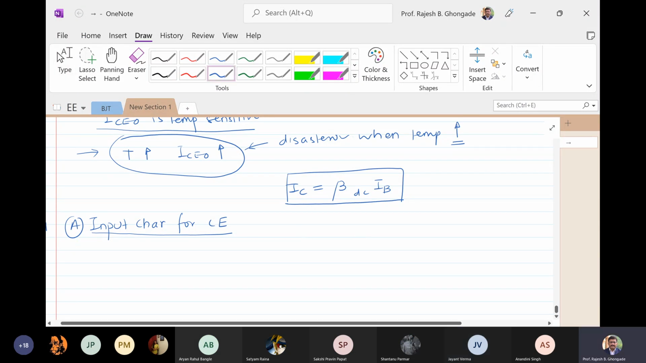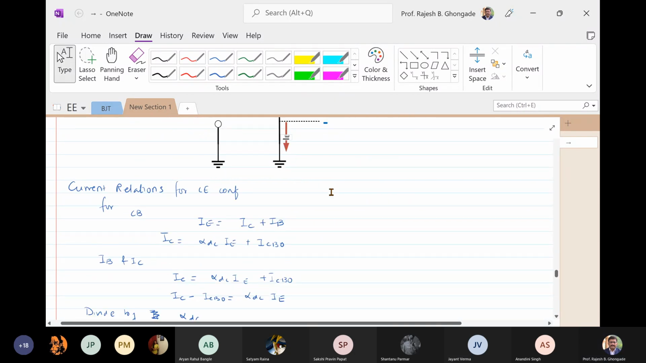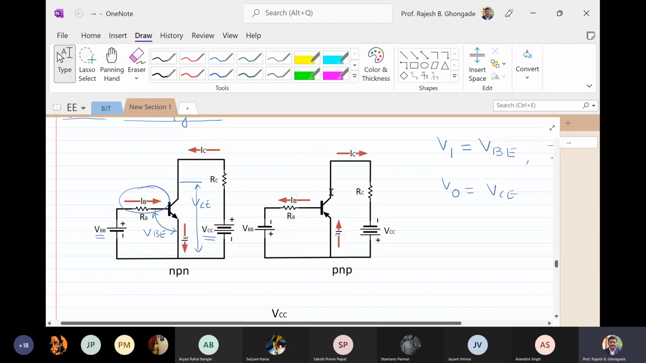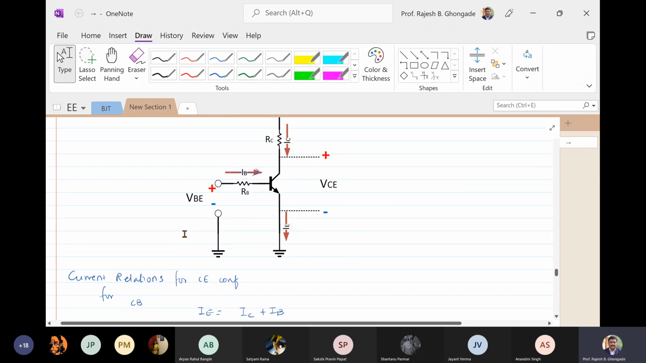Okay. So, as we have already seen earlier, we have two sets of characteristics, input and output. In case of the common emitter configuration, what is your input current and what is your input voltage? The base current IB is the input current, and the base emitter voltage is the input voltage. So obviously the input characteristics will be IB versus VBE at constant